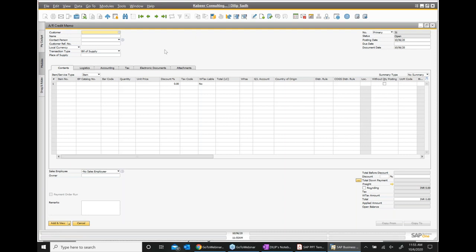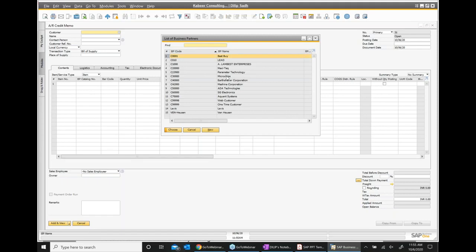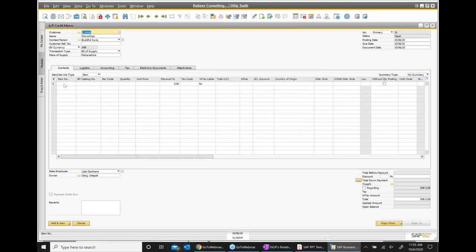If I'm creating a credit memo, I select my customer, select my item, quantity, price. Now see that small button, without quantity posting. Without quantity posting. In this case, what happens?